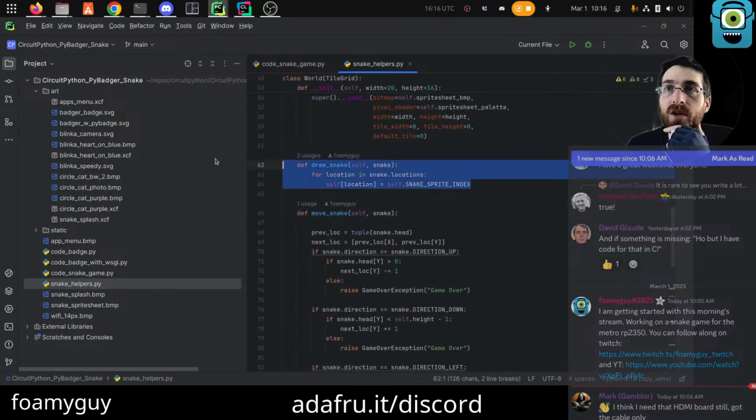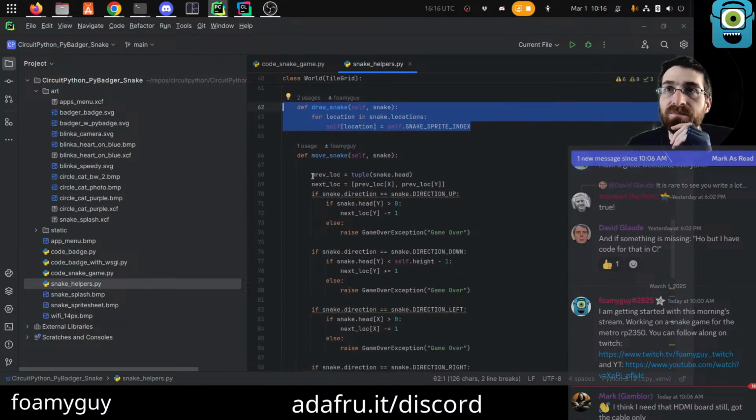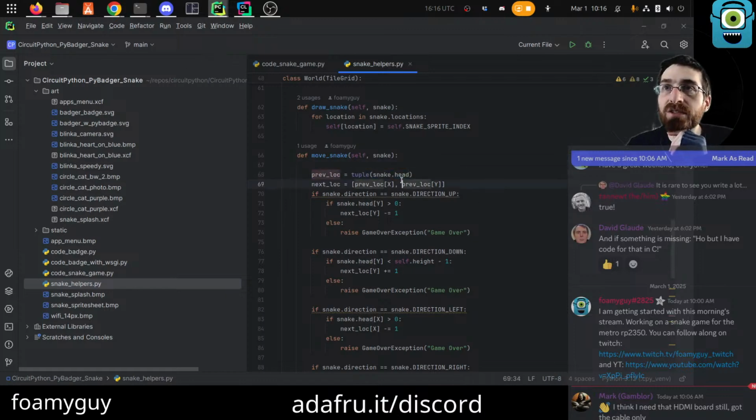And that is drawing the snake. So that will just go through, plot all the snake locations. Move snake. Previous location is set to the head. Next location is initialized to the same as previous location. If we're going up, then